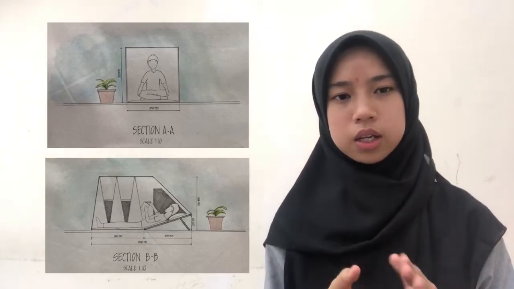In section AA, as you can see, there's a person sitting inside the pot, and the second one is section BB, where we can see a person reading a book while laying